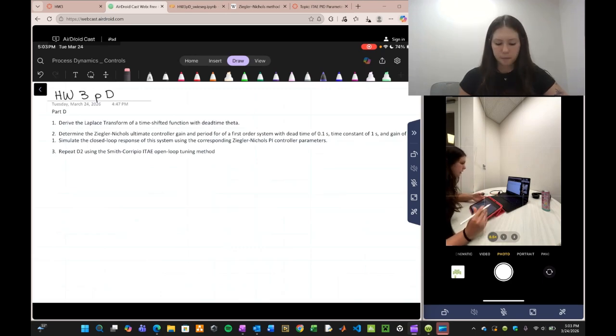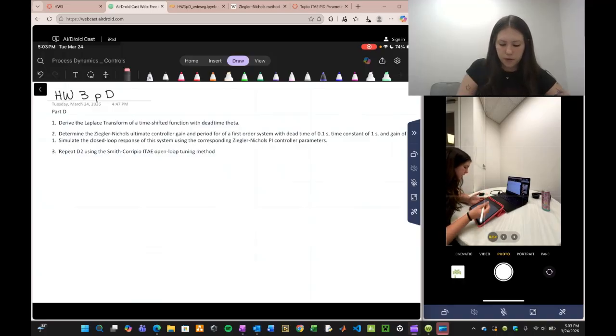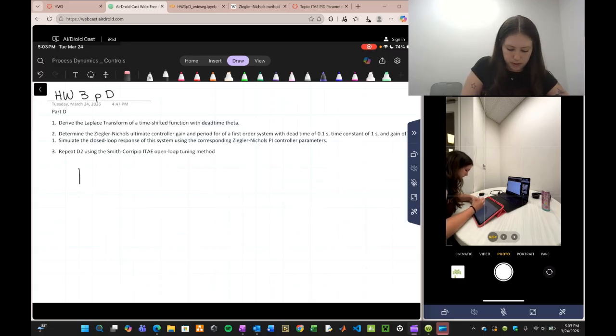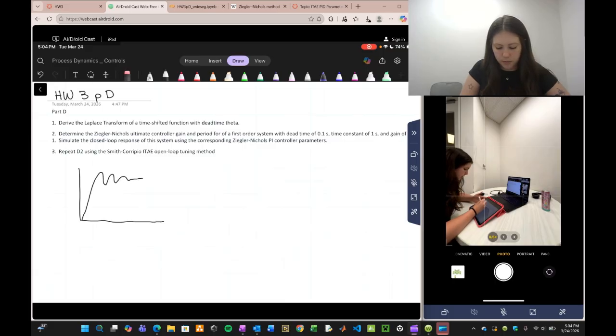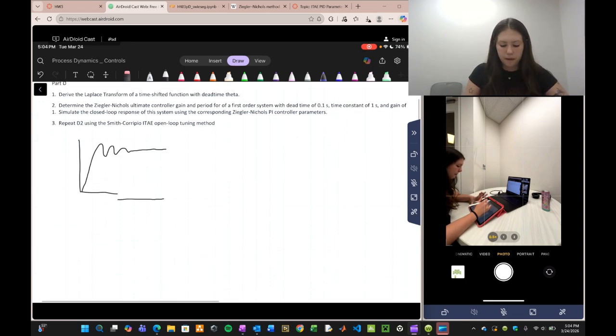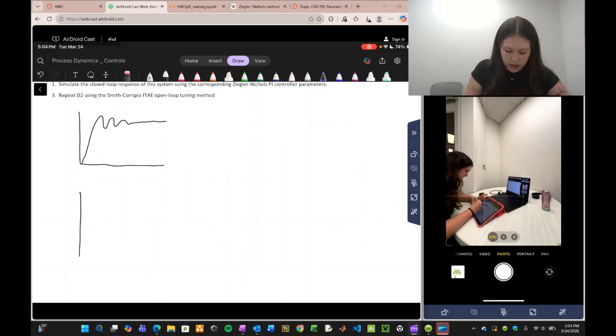Homework 3, Part D. For Part 1, we're going to derive the Laplace transform of a time-shifted function with a dead time of theta. So to start off, what other problems of this homework have looked like is we have a function and we simulate the response over time, and we have some oscillations with it eventually reaching its set point. So if we're looking at the concept of dead time, let's say we have a function that looks like